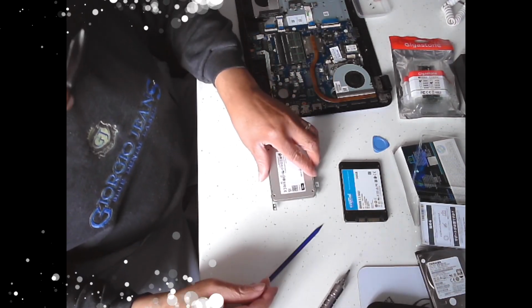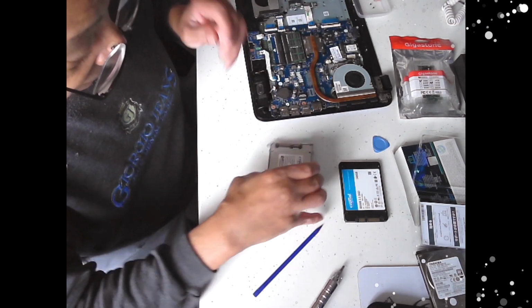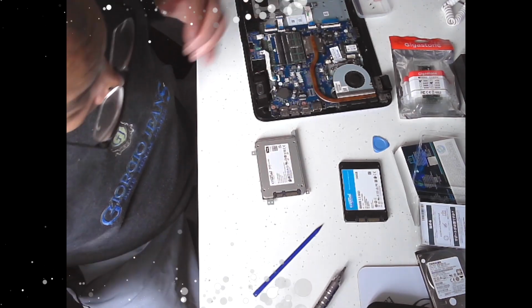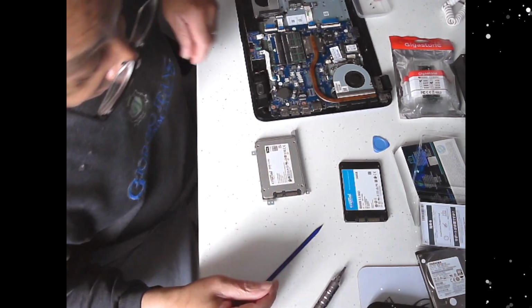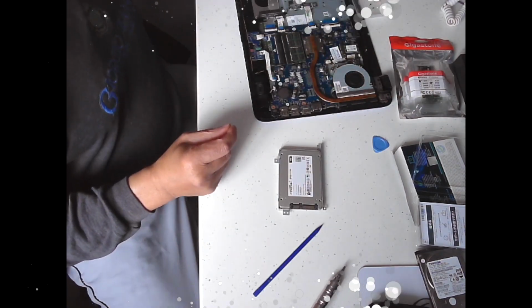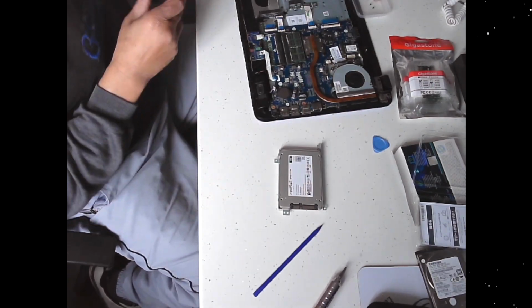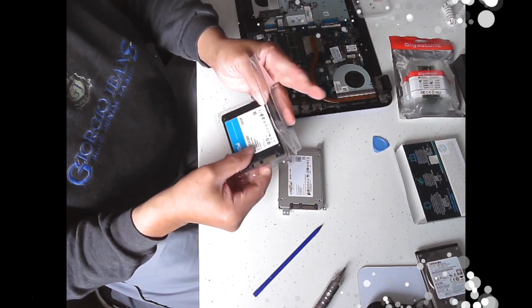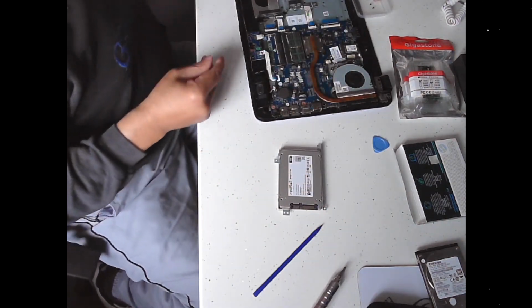There we are, so now we've got our SSD. Still actually got the box for that one, so I'll put that in this clamshell. Put that in this clamshell, won't matter. I'll clean that